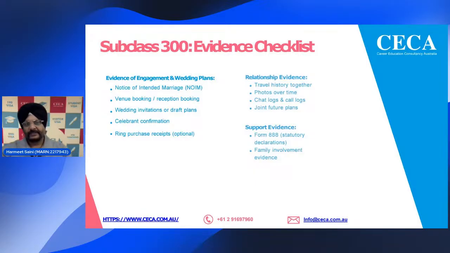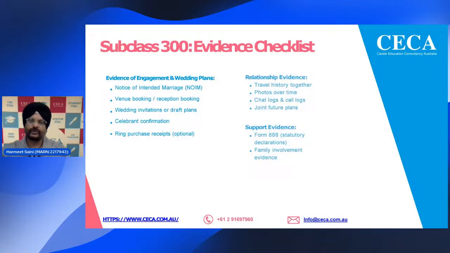The most important things are relationship evidences. So the travel history together, phone history, WhatsApp or any other chat messages log, and joint future plans, social evidences, and declarations on 888 forms, which are officially generated from the Department of Home Affairs. On this you have to supply